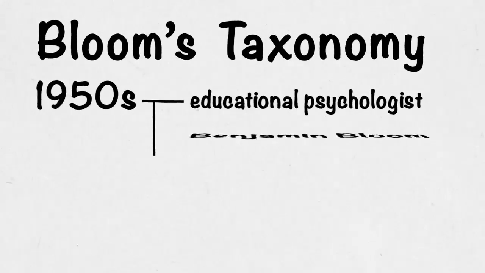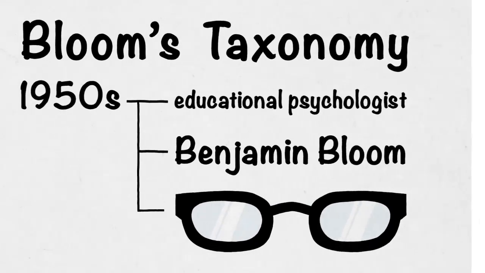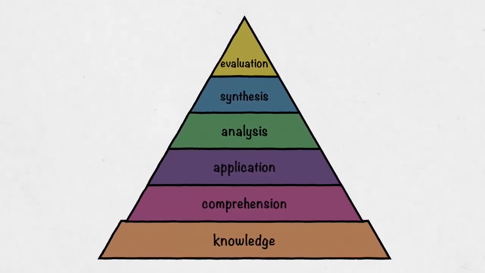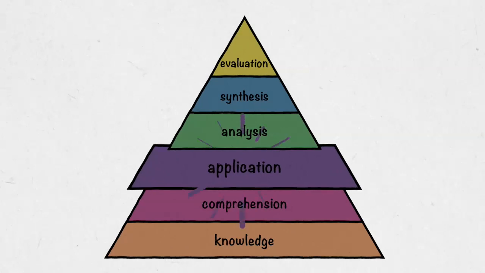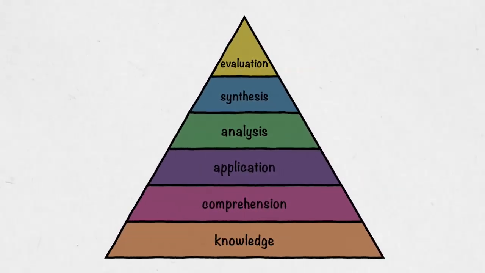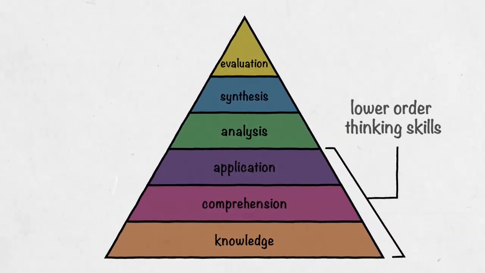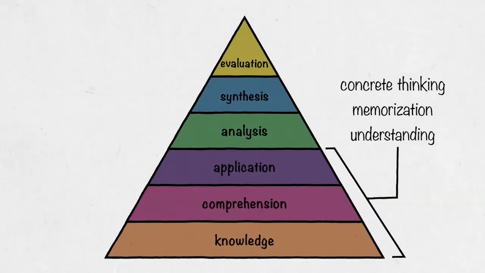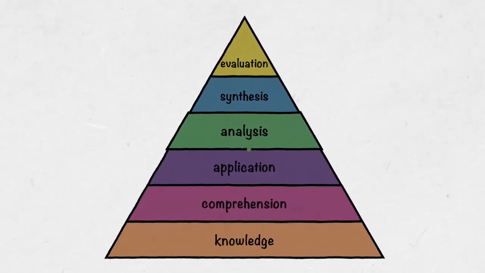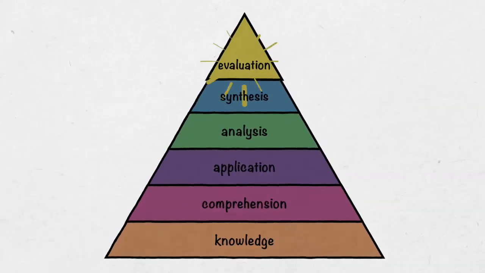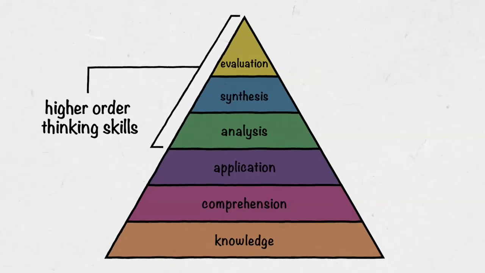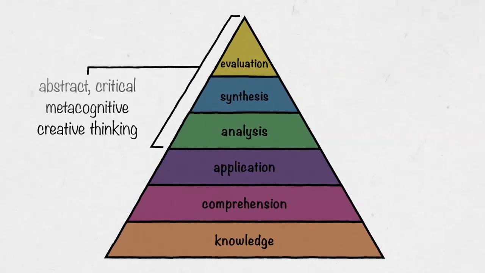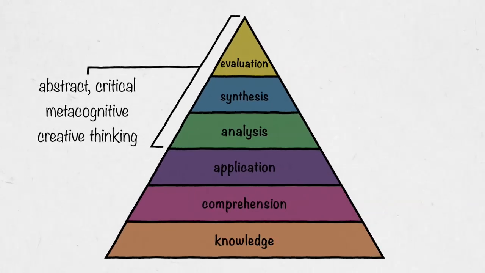Let's take a step back. Bloom's taxonomy was created in the 1950s by educational psychologist Benjamin Bloom and his colleagues. The three lower levels, knowledge, comprehension, and application, are more basic levels of cognition, also called lower-order thinking skills. This would include concrete thinking, memorization, and understanding. The three upper levels, analysis, synthesis, and evaluation, referred to as higher-order thinking skills, include abstract, critical, metacognitive, and creative